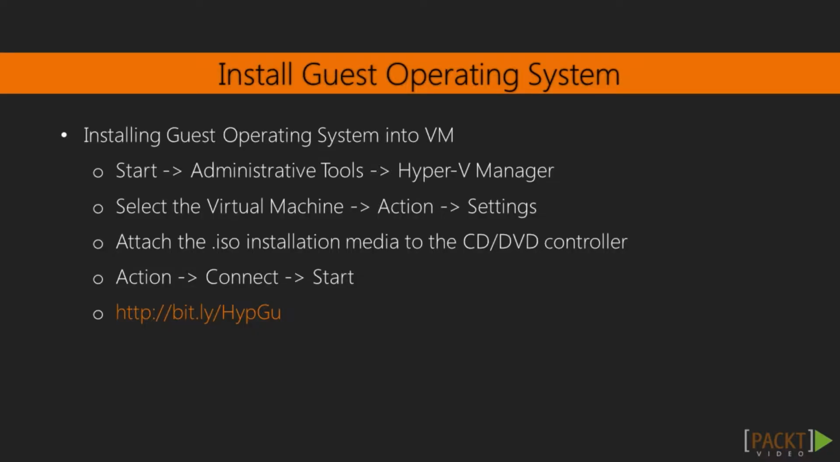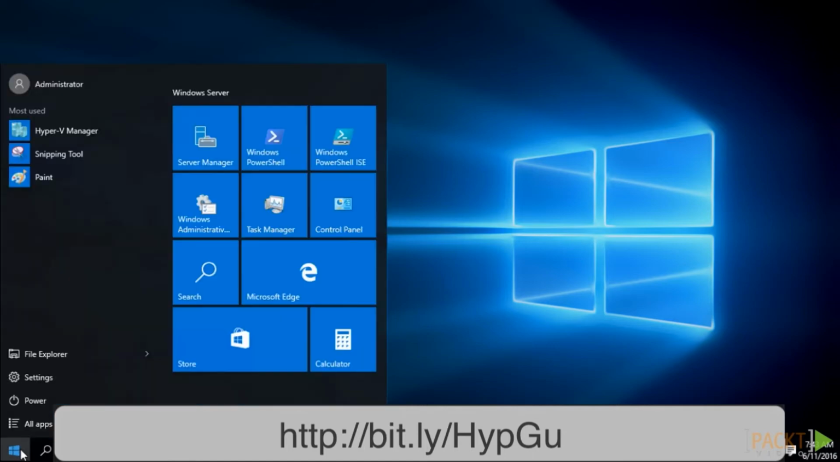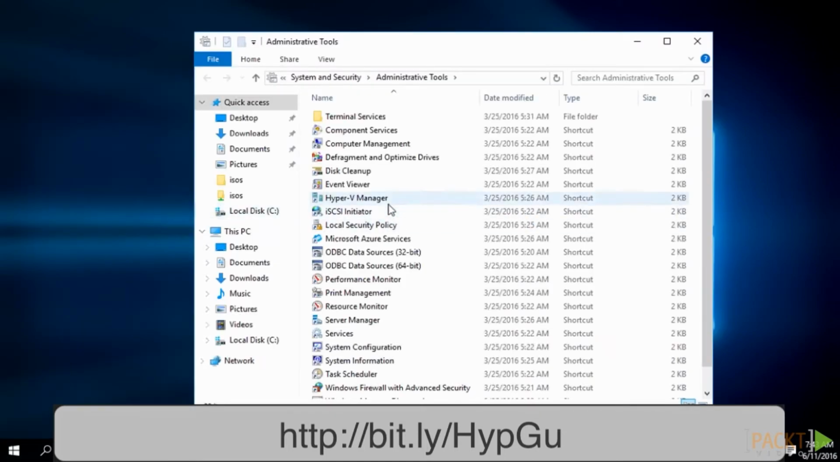Once you've downloaded the installation image and copied it up to the Hyper-V server, you then need to open the Hyper-V Manager and attach the ISO image to the CD/DVD controller for the virtual machine. This way, it looks like you are just installing the operating system from a CD as if it were attached to the machine. To do this, you go to the Windows Server Start menu, select Administrative Tools, and click on